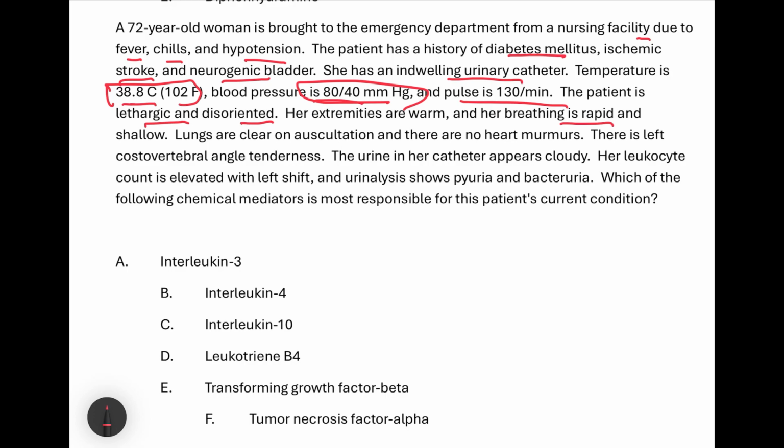Lungs are clear on auscultation. There are no heart murmurs. There is left costovertebral angle tenderness and the urine in her catheter appears cloudy, suggesting infection. Her leukocyte count is elevated with a left shift, and urinalysis shows pyuria and bacteria. Which of the following chemical mediators is most responsible for this patient's condition? When we observe, in the setting of infection, the combination of hypotension, tachycardia, tachypnea, and markedly elevated or decreased body temperature,